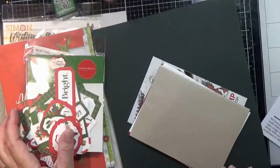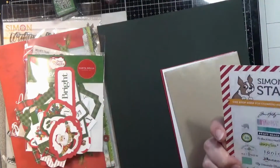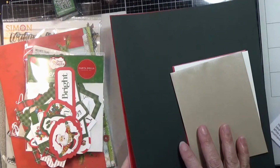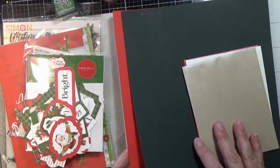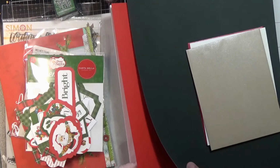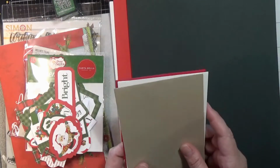Okay, there's that. Let's see, this Simon Says Stamp. It's not a coupon. Okay, you get 2 sheets of Neenah Solar White 80-pound cardstock, 1 sheet of Simon Says Stamp 100-pound cardstock in Midnight Green, which is really cool, I like this Midnight Green, and Lipstick Red. And then you get 1 each of the Simon Says Stamp